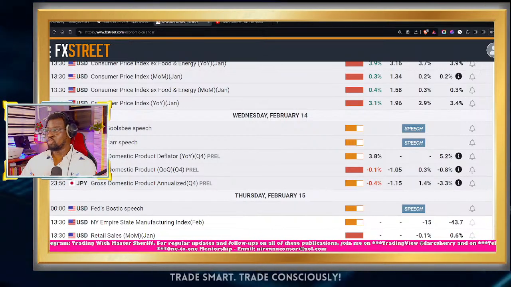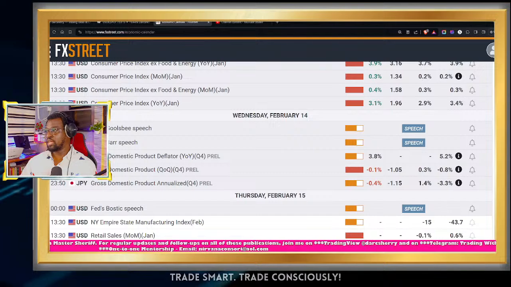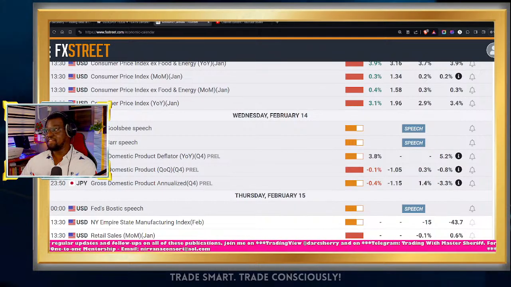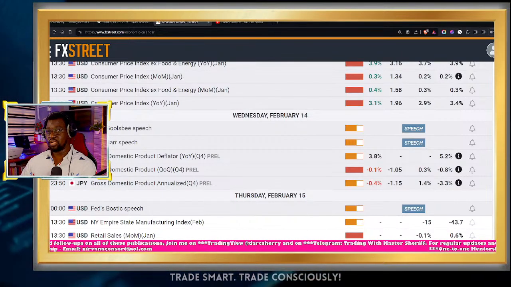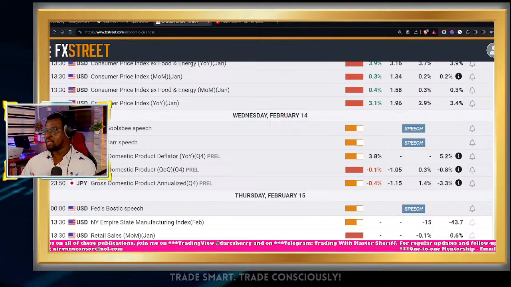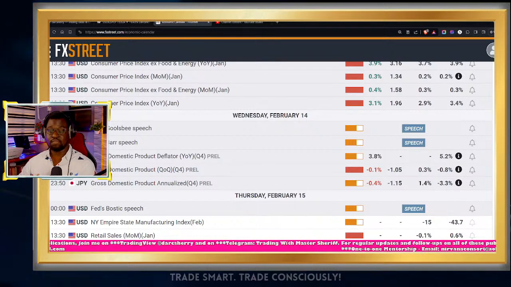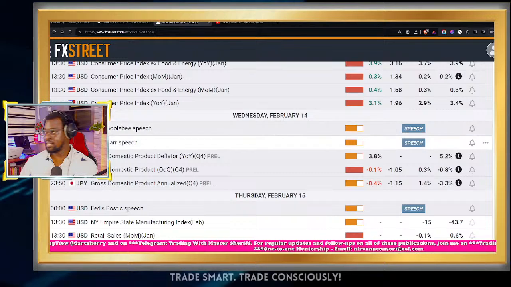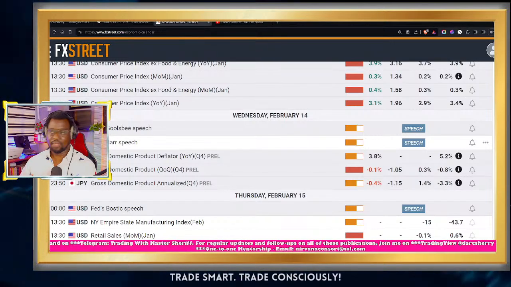Now, for those of us who do not know how important this event is, it is usually considered an event that gives us an insight into how the economy of any particular country has grown in the last quarter. If it expands, it shows that the economy is growing very well, that is, if the data comes in beyond expectation. But if the data comes in below expectation, it simply tells us that the economy is contracting, which may dovetail into negative traction against the currency of that economy.